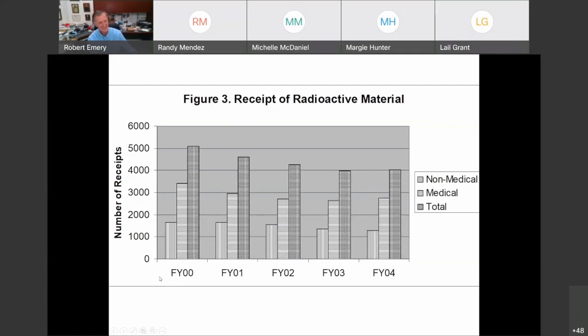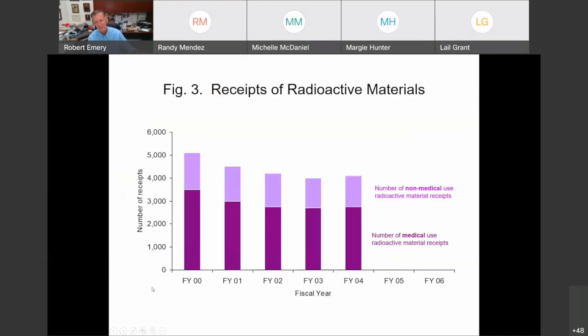So anyhow, this is the number of radioactive material packages that they get. And it shows over time what's going on here. But the big problem with this graph, the gray in the background, is problematic. And these lines are offensive. And by the way, this is automatic formatting by an older version of Excel. But the really big problem with this graph is that this bar and this bar are subsets of this bar. It's the wrong kind of graph. And I see this a lot, by the way, that these 2 lines should be embedded in this line. So let's see if we can clean this up a little bit. And now we've got a much better graph.